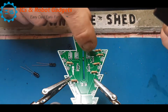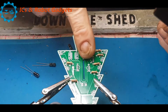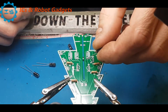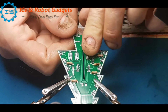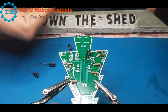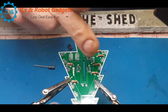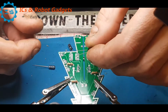Now you'll also see we haven't got a circle on the board for the capacitors, but we have an elongated rectangle. So what that means is we're going to put our capacitor in at the correct polarity, but we're just going to bend the legs over like so and lay the component on the board. Now it is vitally important that you leave yourself room, especially with the transistors as well, to lay them flat, as this board will require